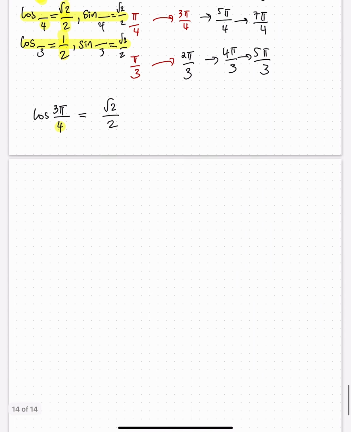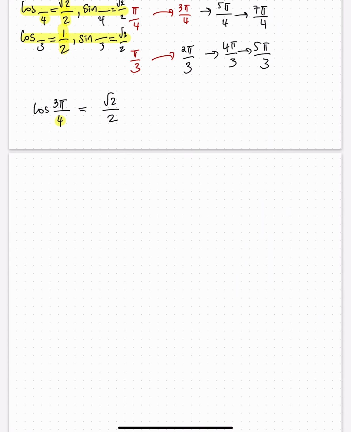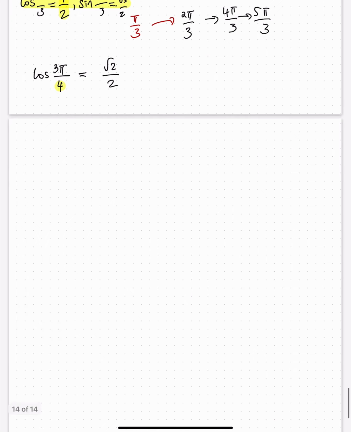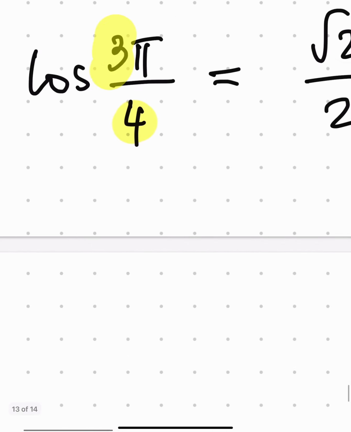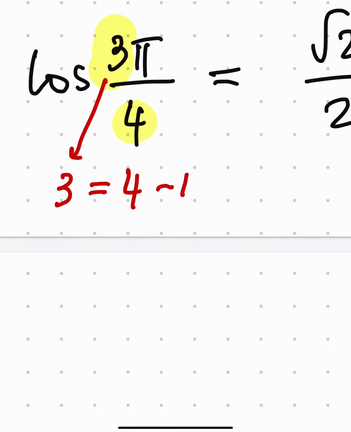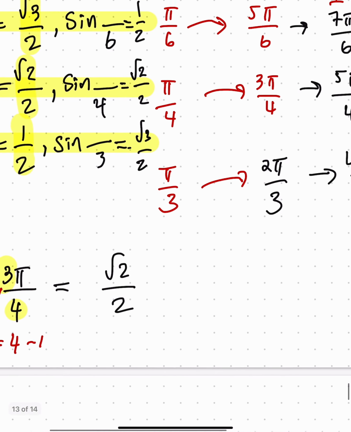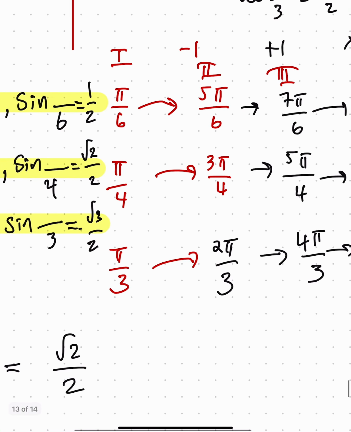First step, you read the denominator, and the second step, you focus on the number in front of pi. 3 is 1 less than 4, or 4 minus 1. Like I told you, the angles that come from the second quadrant